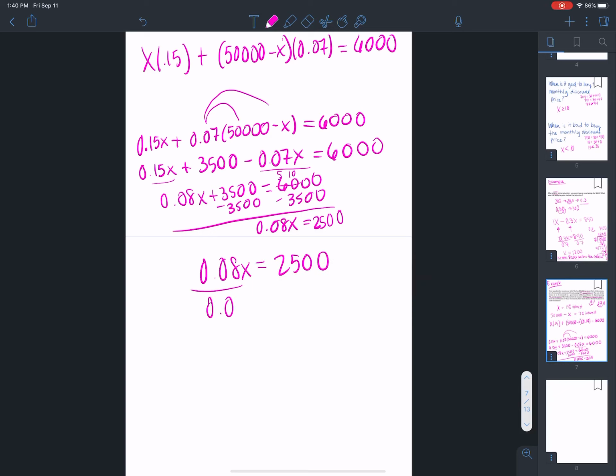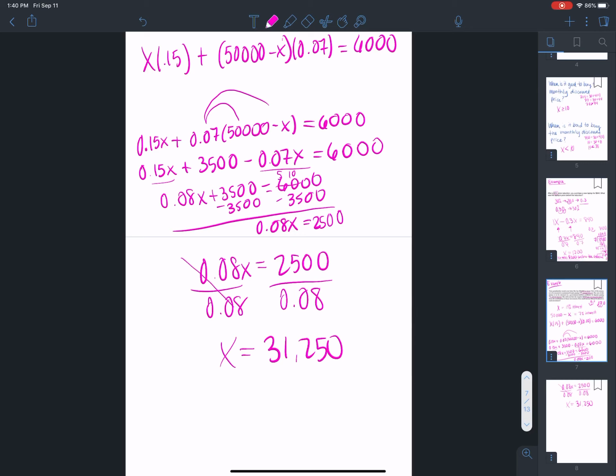Divide by 0.08, divide by 0.08. And x is 31,250. Okay. So, this isn't your answer because one, we're talking about money, so you'll need to put a dollar